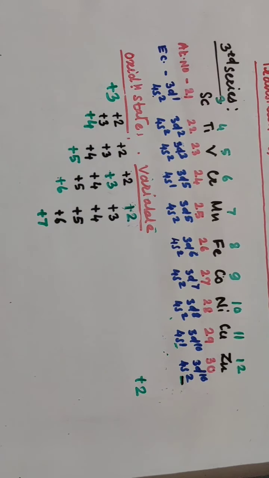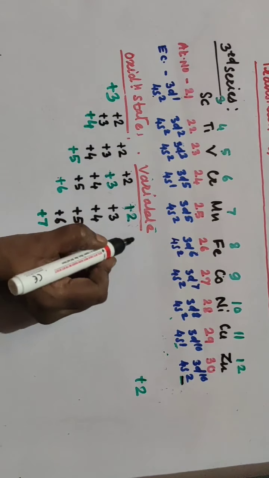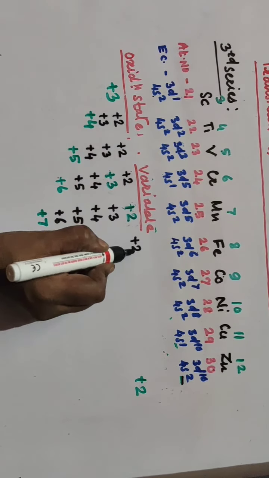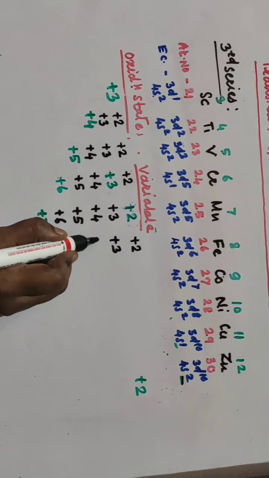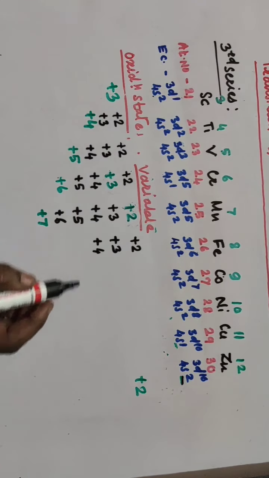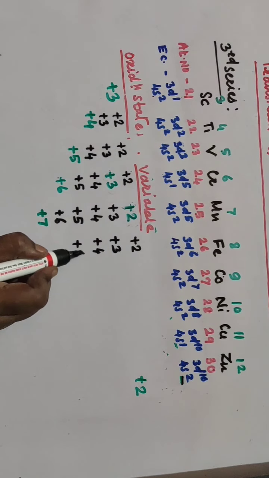Then one more thing is there about Fe. In Fe, 6 electrons are there in the d orbital and 2 electrons are in the s orbital here. And out of 6 electrons, that means 1 electron pair is there and the remaining 4 electrons are unpaired. So it can show +2 oxidation state, 2 electrons from the last orbital, so +2, then +3, then +4 and +6 also.